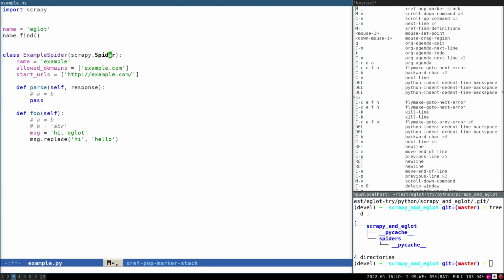In other cases, we may want to find all references of a function. Type meta question mark and Eglot will list the references in a dedicated buffer called xref.